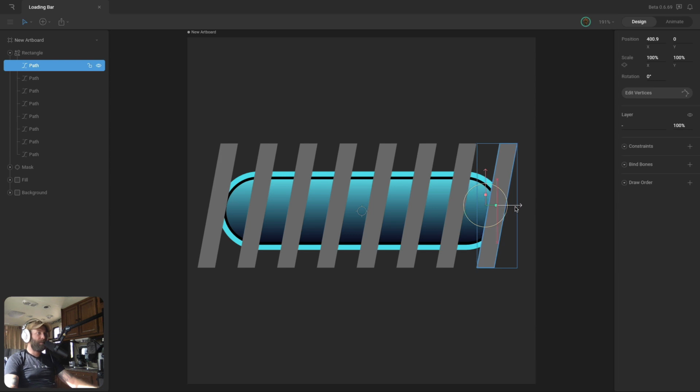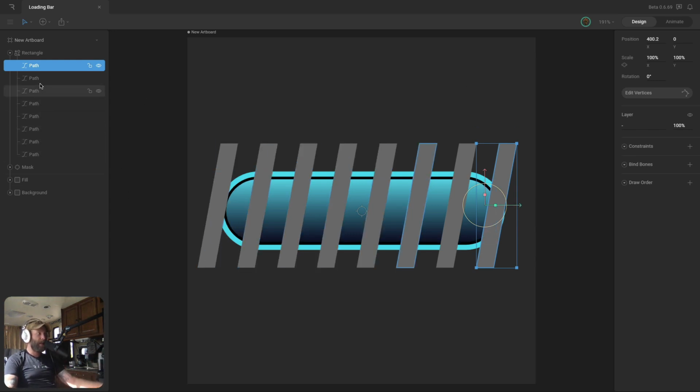Now, if you have this happen where the snapping actually pulls you past or won't let you quite get to where you need to go, if you just hold Command, or Control on Windows, you can toggle that snapping off and get your object exactly where you need to go, and then you can let go of Command and the object itself. Okay, so I think we've got enough rectangles here.